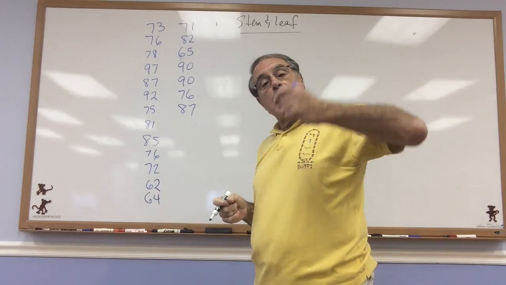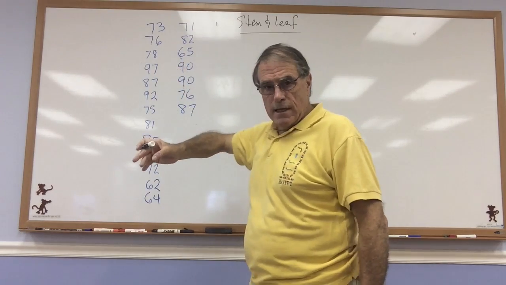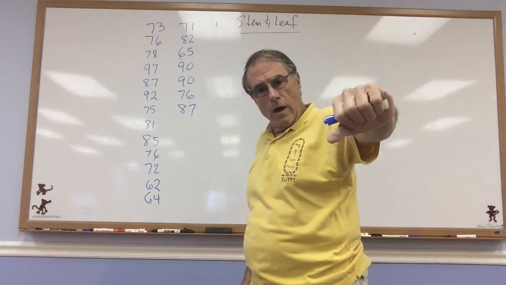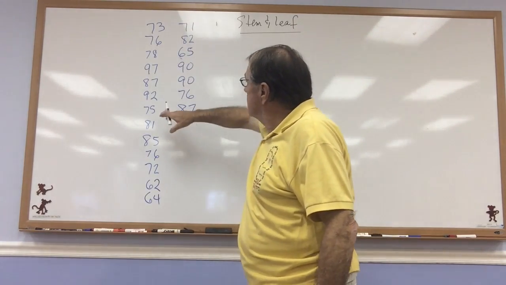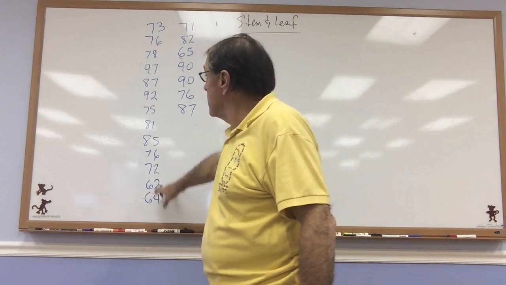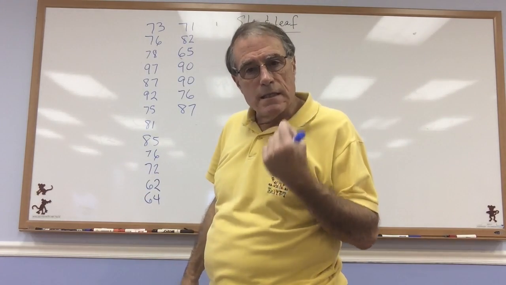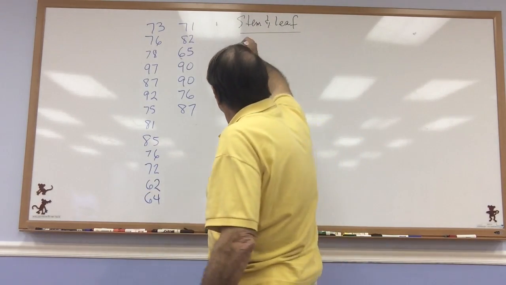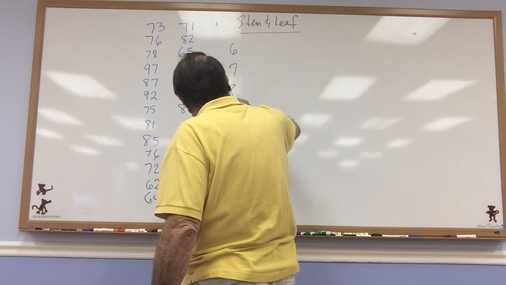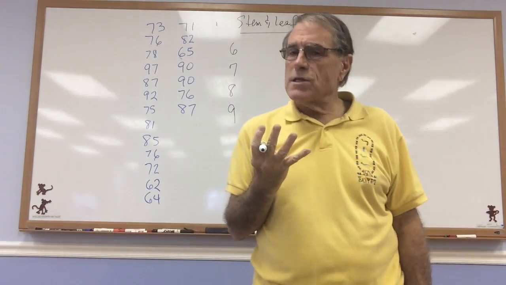So to do that, I identify the stem and the leaf. Since I have two-digit data, the stem will be the tens digit, the leaf will be the ones digit. I scan my data, and I notice the lowest scores are in the 60s, the highest are in the 90s. So I'm going to use the tens digit as my stem: 6, 7, 8, 9. Now you'll notice that that's only 4 stems,